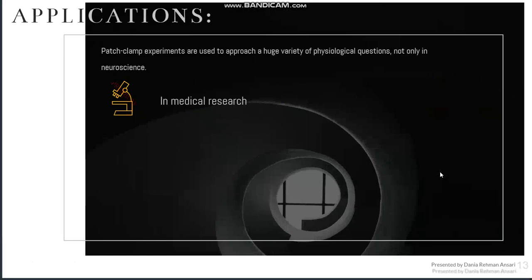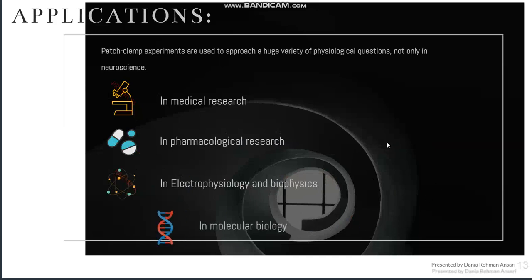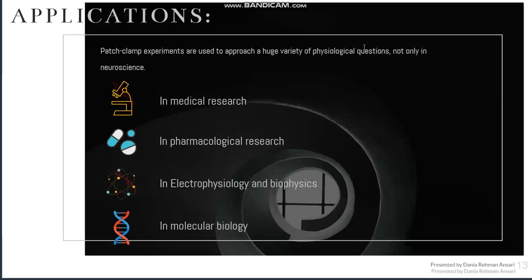Applications. These are very important methods in medical research to study disease, and in pharmacology it is used to research the drugs present in the micropipette. In electrophysiology, this is used to measure conductance capacity, firing frequencies, input resistance, firing pattern, and electrophysiological cell properties. In microbiology, it is used to study calcium channels and measure the effects on sodium and potassium channels.